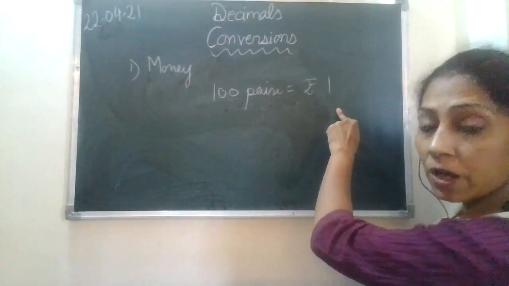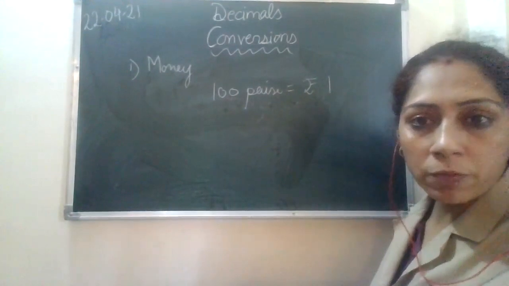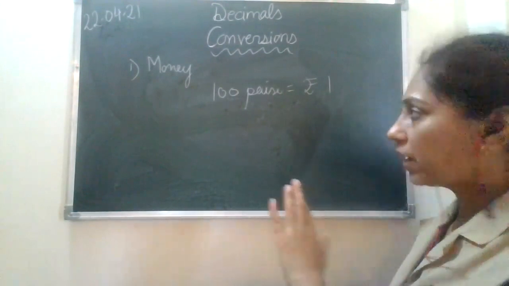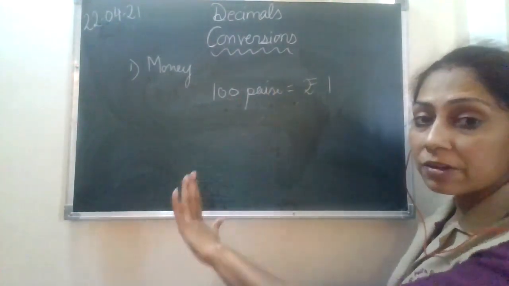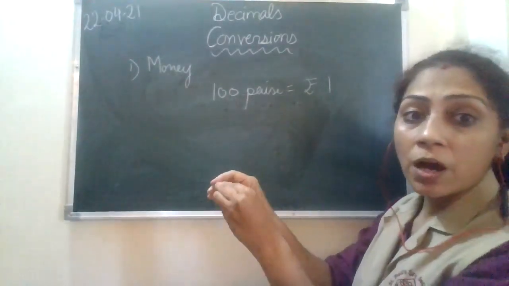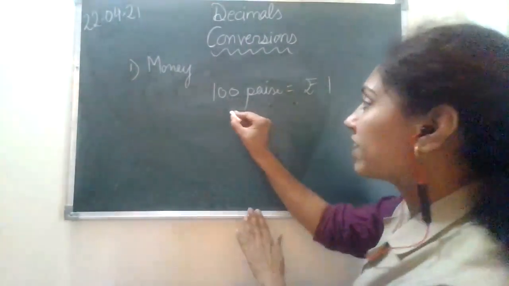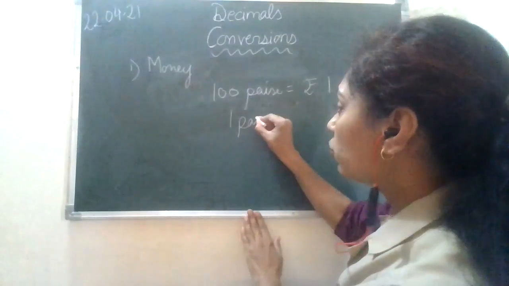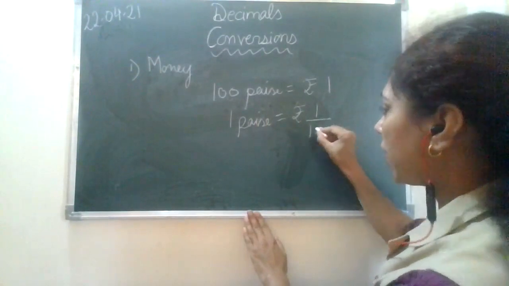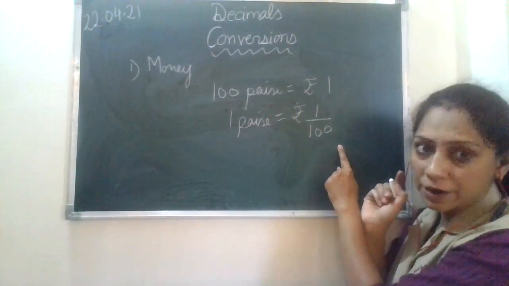That is clear. Now, what is 1 paisa? 1 paisa is going to be a very small quantity, isn't it? So mind you, how are fractions used? How are the fractions being implemented? There's nothing to get puzzled about. If you look very carefully, 100 paisa is a little larger quantity if you compare it with 1 paisa. So what is 1 paisa? You will say 1 paisa, in terms of rupee, is 1 upon 100. This is a fraction, right? It is a fraction, 1 upon 100.